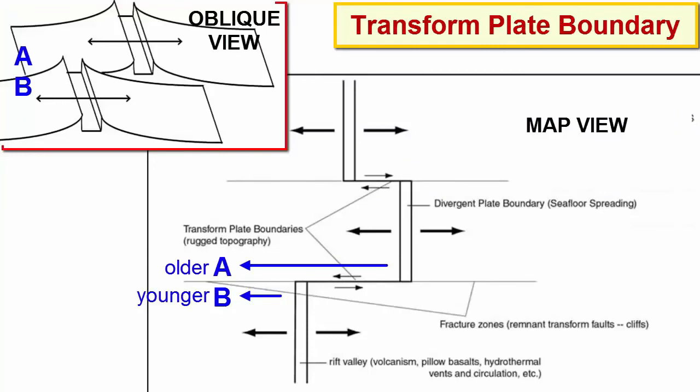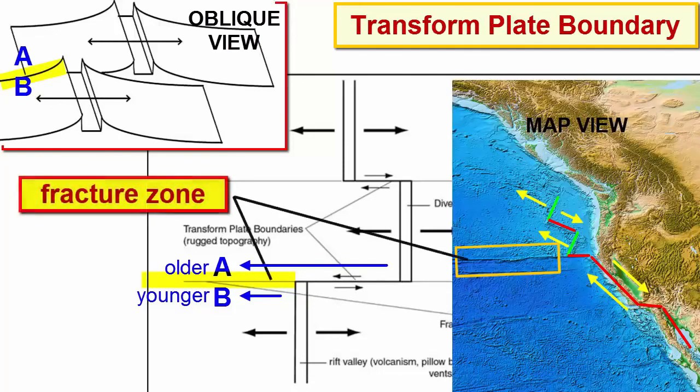Rocks at point A and B formed at different locations, but are now found alongside each other, so they will look very different. They will have different thicknesses of sediment. The younger one will be higher in elevation, there will be a cliff between them, and that cliff marks a line that runs outward from the active transform faults and creates a spectacular scar. We call this old scar a fracture zone. Occasionally there are small amounts of residual transform motion along these zones, but mostly